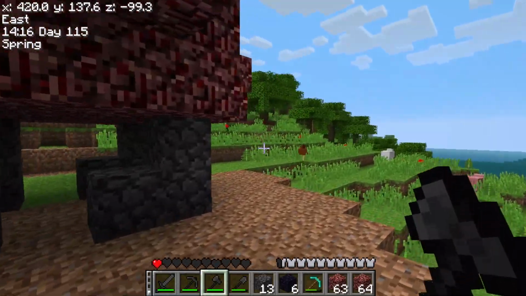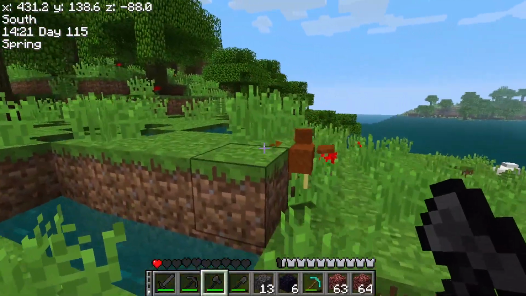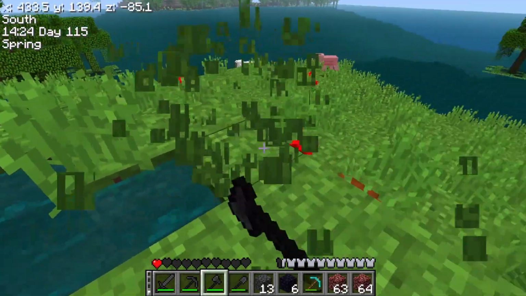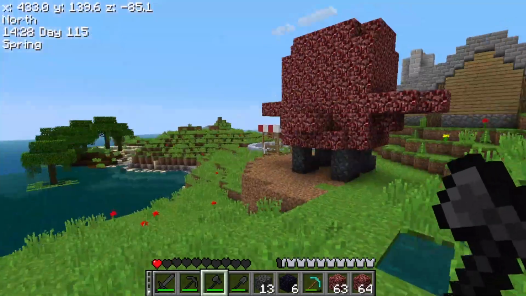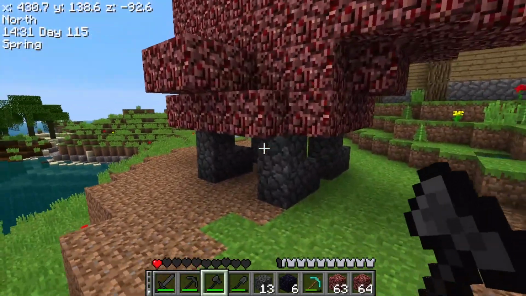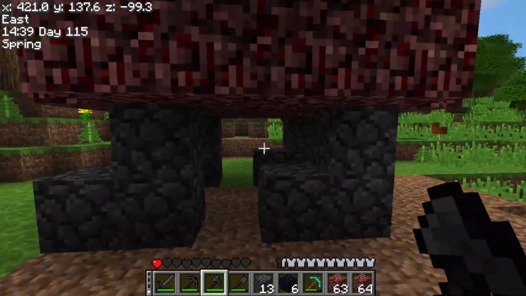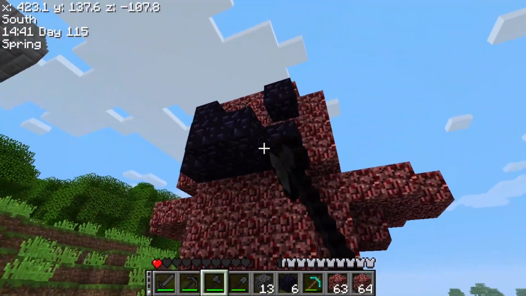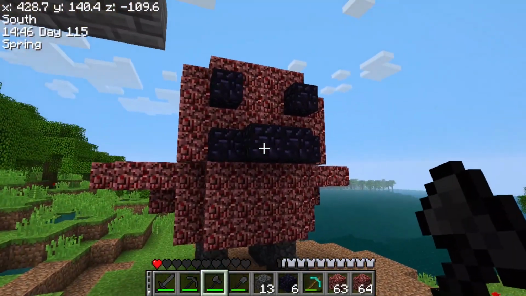Alright, let's compare it to an actual chicken. Hello there. Alright, here's a regular old chicken, right? Got his flappy little wings, his little feet, his beak. Now, if we go over here, we got his flappy little wings. Oh. His little feet, his beak, and yeah. I'd say we made another